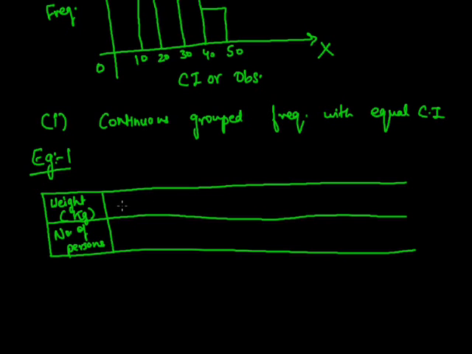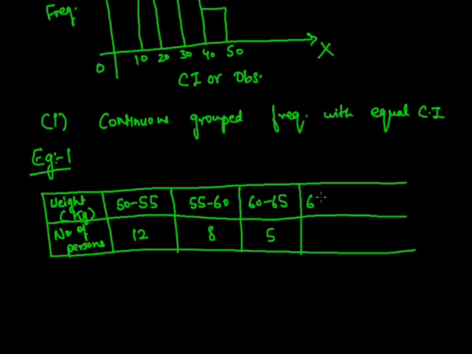So first we'll take the 50 to 55 class interval, and on the basis of that the number of persons is given as 12. Then 55 to 60, number of persons is 8. 60 to 65, number of persons is 5. 65 to 70, number of persons is 4. 70 to 75, number of persons is 5,